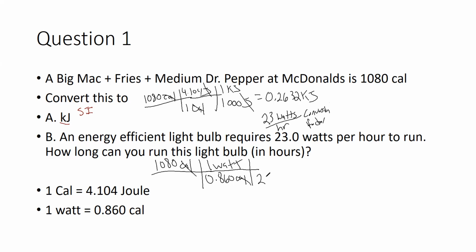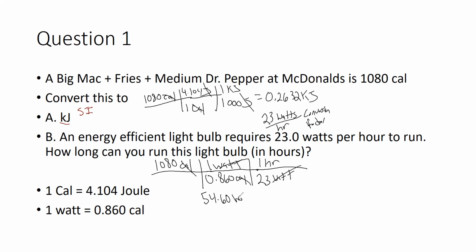For every 23 watts I have, that is 1 hour. That's how much energy it takes to run a bulb for 1 hour. Watts cancel out. I'm in units of hours, so I probably did my conversion right if I'm in a unit of time. So take everything at the top divided by everything at the bottom, and this would be